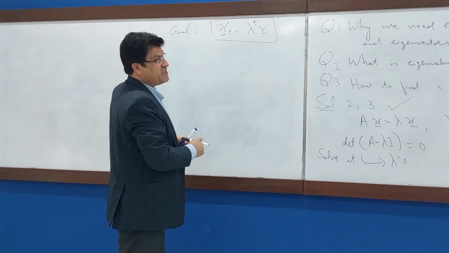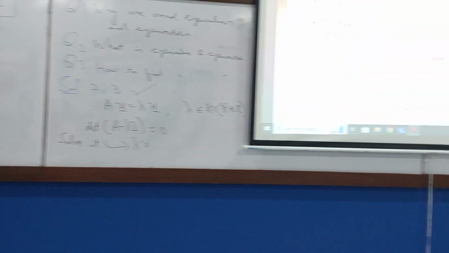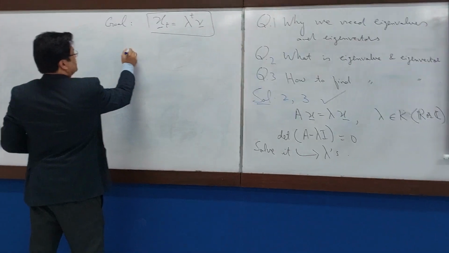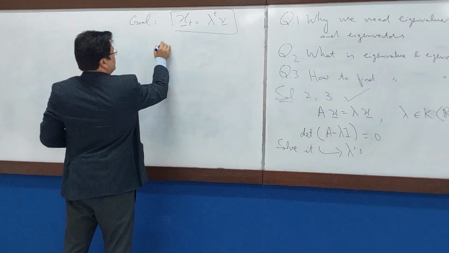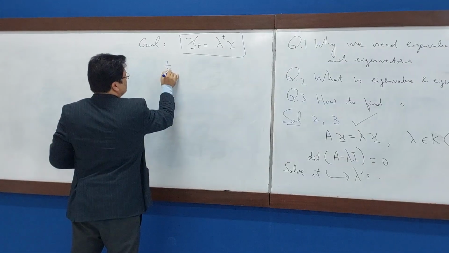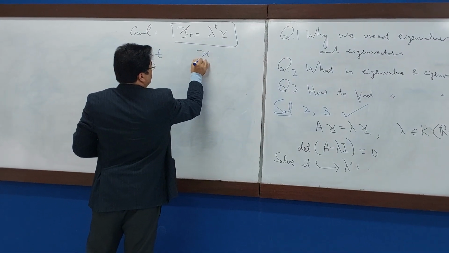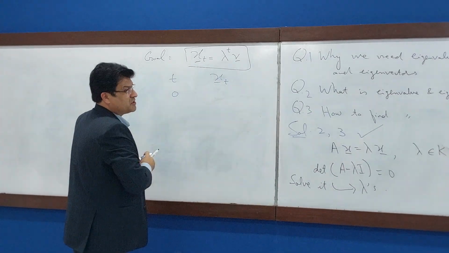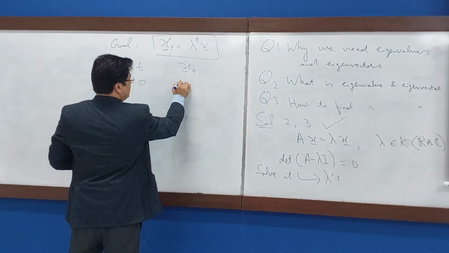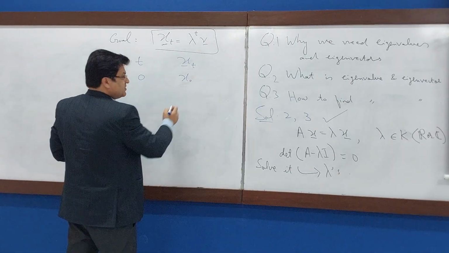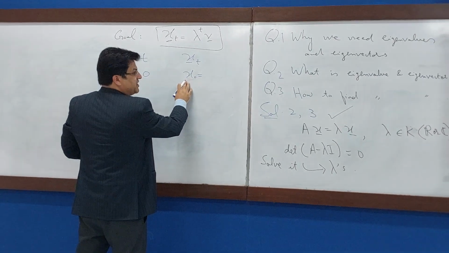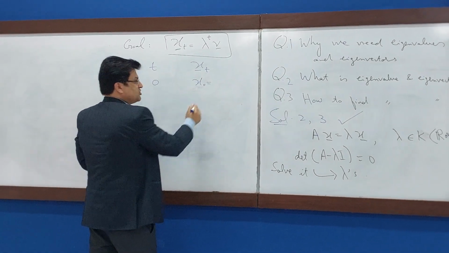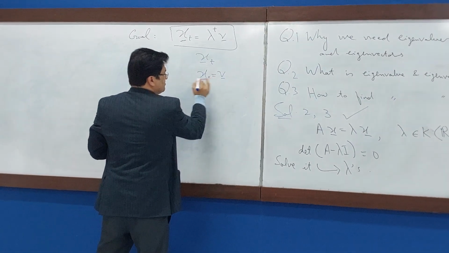For this you can see table number 1 as well, but if you are having some trouble, you can focus here. So we will start at time 0, and we have some vector of time. So in the beginning, if time is 0, what will we get? X naught. And for the sake of simplicity we say in the beginning, whatever is the initial guess, this is known. So this is our eigenvector.